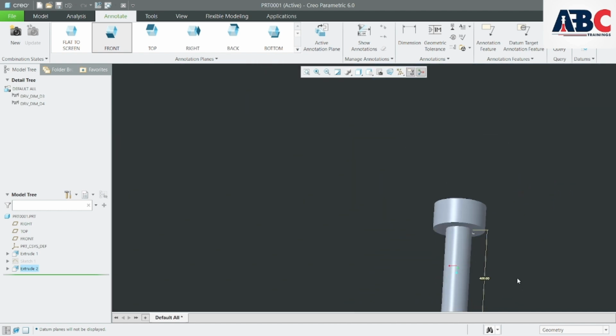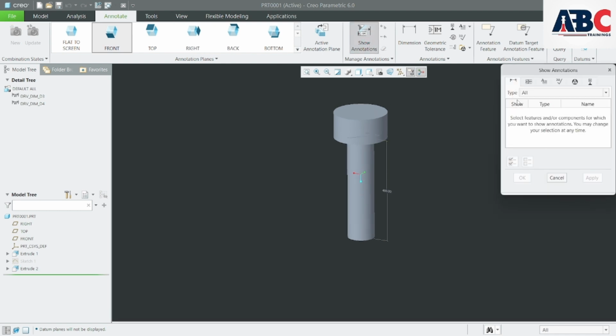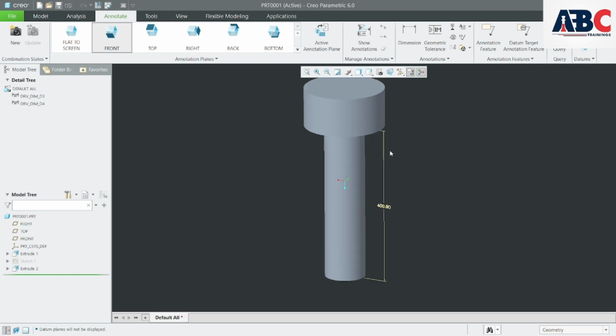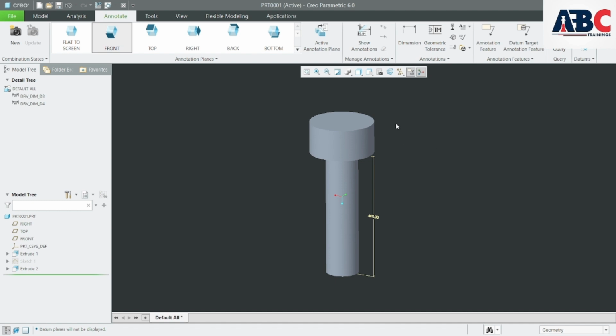Extrusion length is 400. It's not showing us the upper one, so wait. Show annotations. Okay, now